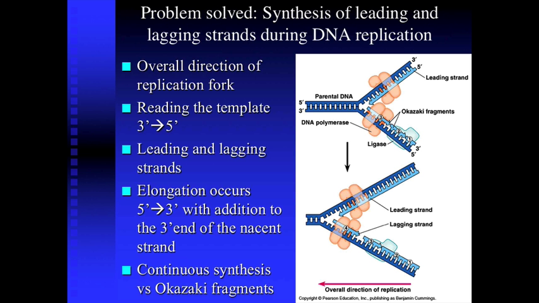Elongation occurs in the 5 to 3 prime direction. Here it is, 5 to 3. We either have continuous synthesis, which is your leading strand, or you have building it in pieces here